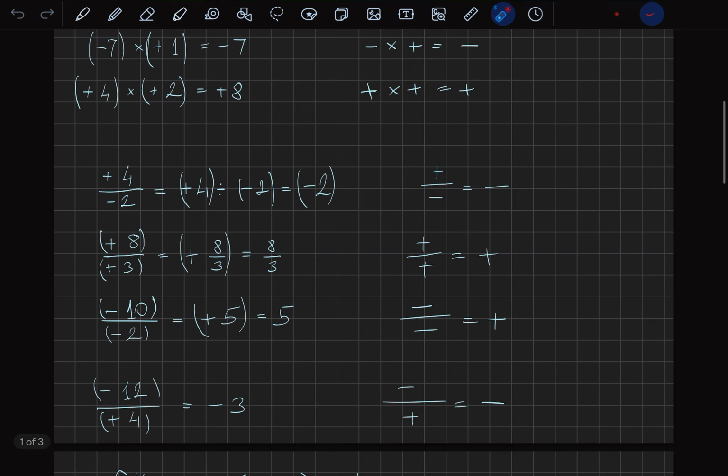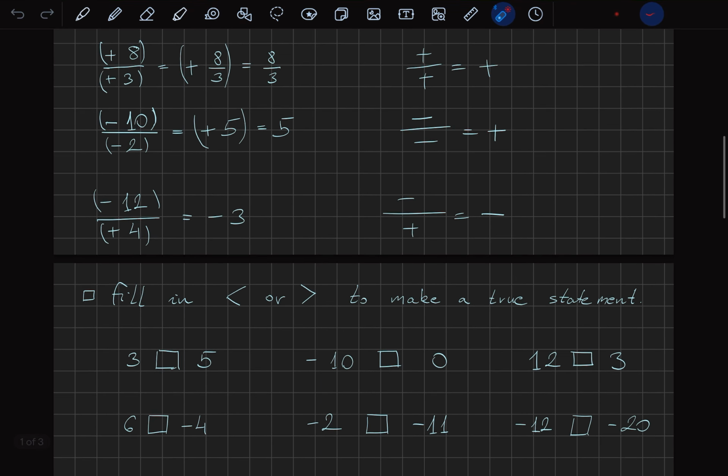Okay, you can see minus divided by minus is plus. So minus 10 divided by minus 2, minus divided by minus is plus, 10 divided by 2 is 5. Also, if you want, you can just leave the brackets and the plus 5, positive 5 basically, it will be just 5. Okay,